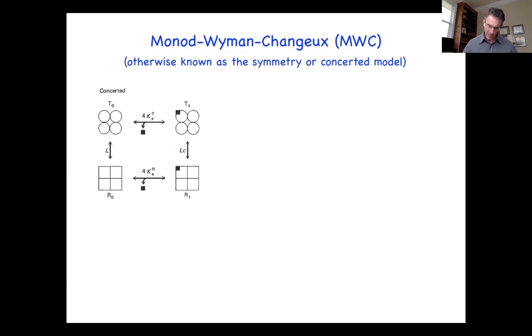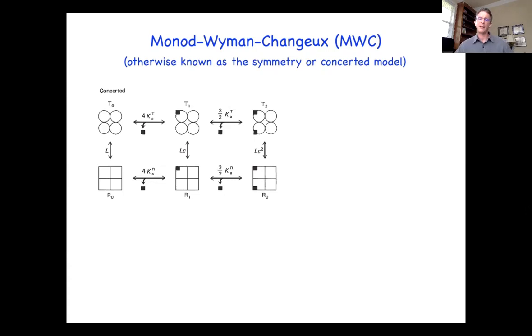Okay, so what happens when you bind the second ligand? Okay, well there's that 3/2 times K, there's our macroscopic affinity, where the statistical factors multiply the microscopic affinity to get the second binding. Same with the T state, but now look what happens to the equilibrium constant between the T and the R state. It doesn't go up as a multiple of C, it goes up as an exponent, right? So now that equilibrium between the T and the R state has been multiplied by C squared. So now we get this big nonlinear drive away from the T state into the R state